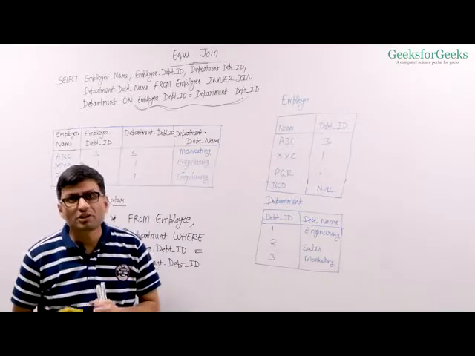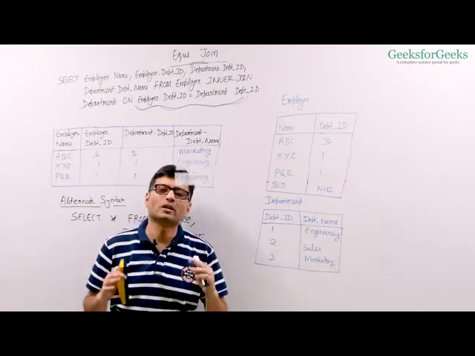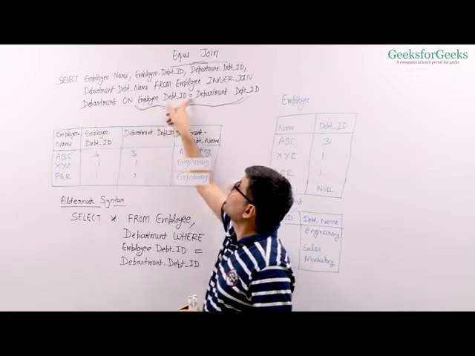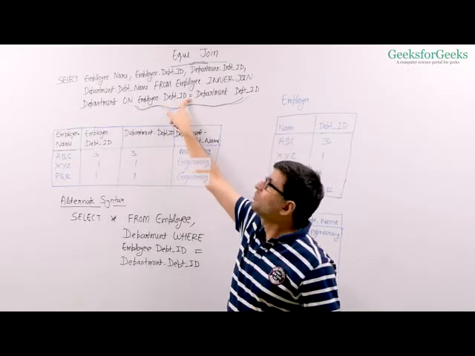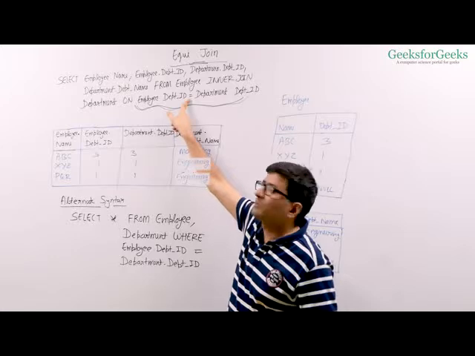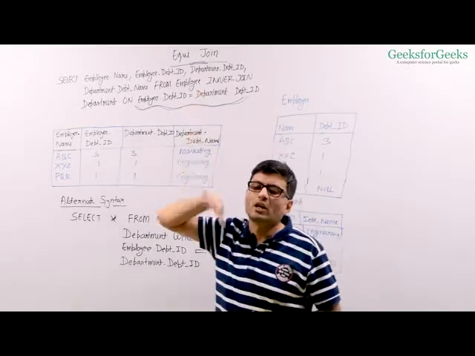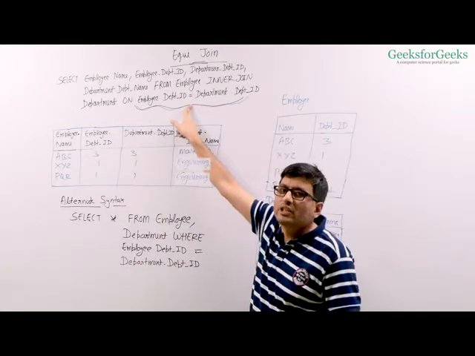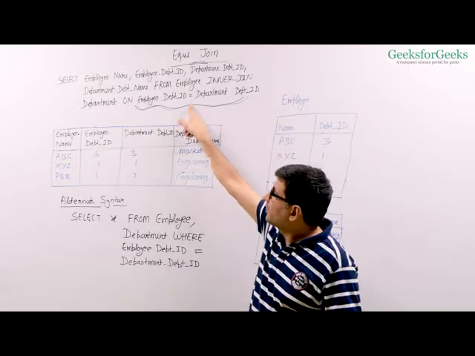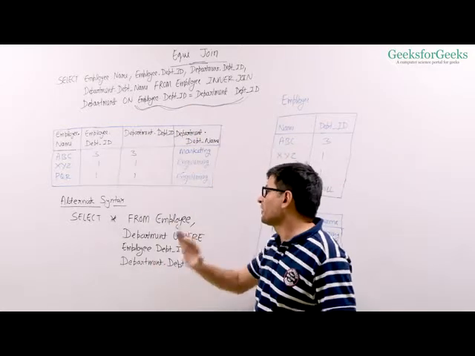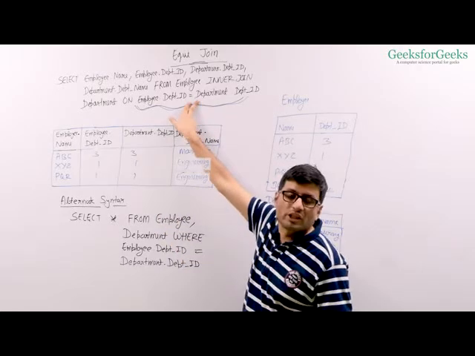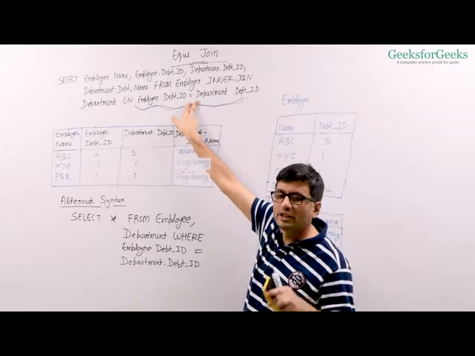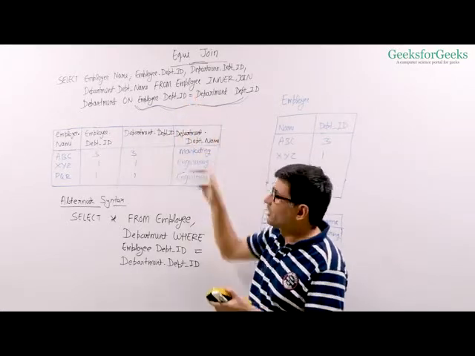The next join is equi-join. This is also a special inner join. Here, the only thing is this constraint has to be always the equal operator. So if you are using smaller than, greater than, not equal to, or smaller than or equal to, those inner joins are not equi-joins. This particular inner join that we just used is actually an equi-join because we used the equal operator, right? So the syntax and the result are the same as the inner join because it was already using an equal to operator. If we were using smaller than or greater than operator, then we cannot consider it an equi-join. So this is an equi-join example.